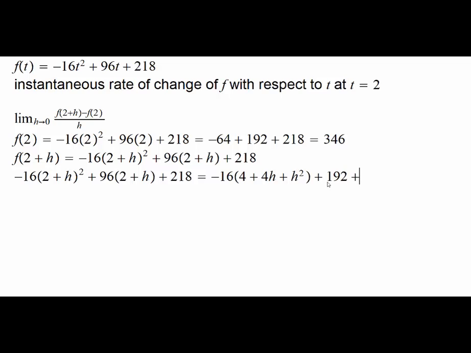Sorry, just 192, then 96h, and then at the end we have 218. So if we do this algebra further, we have negative 64, then minus 64h, then minus 16h squared, and then we got plus